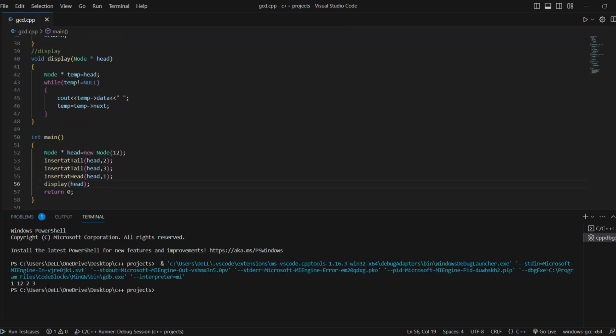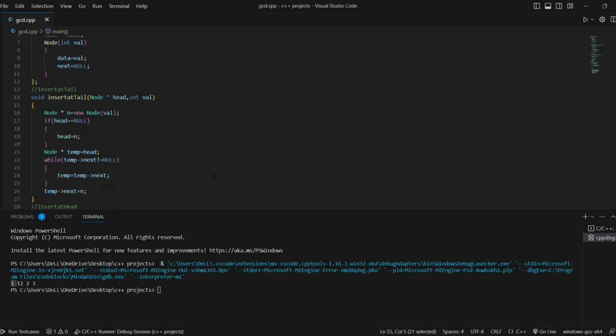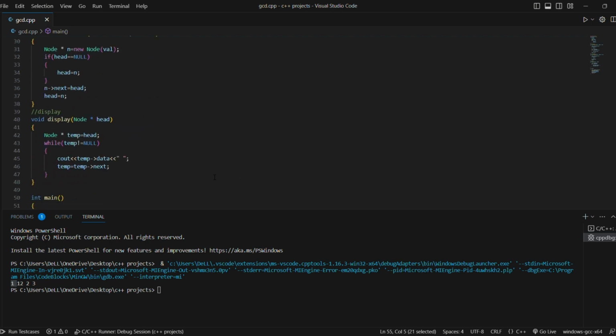Okay, we get our values. Initially our head is 12, then we insert 2 and then 3, and then we call insert at head, and now the head is 1, because we called insert at head, so our new head is 1. So that's it about insert at head and insert at tail, and now we move on to insert in between. Let's move